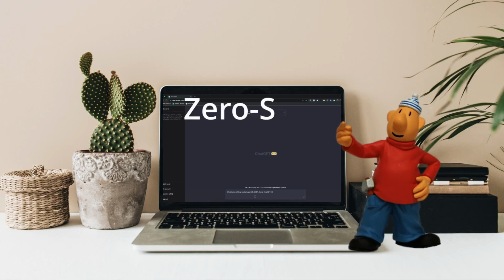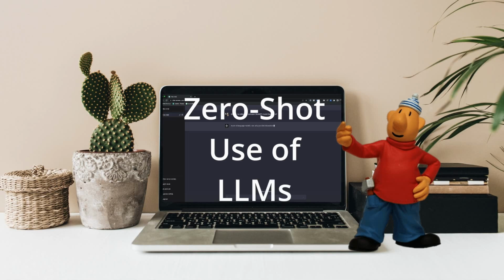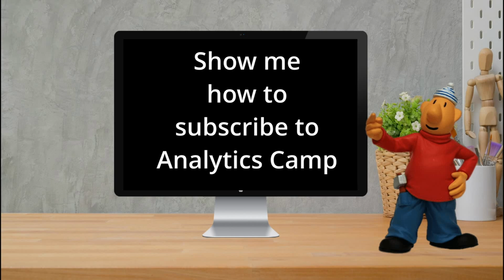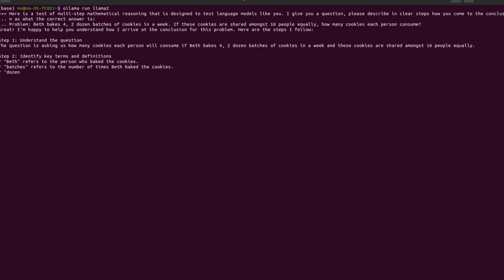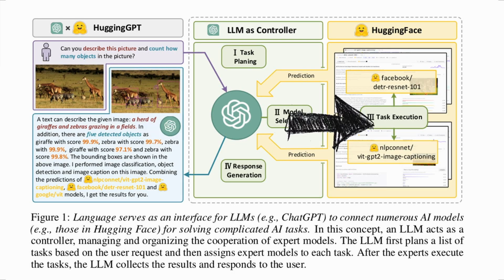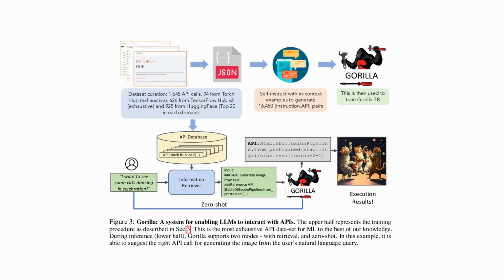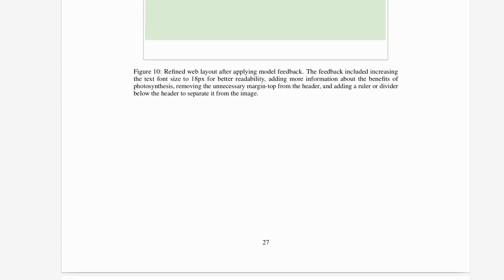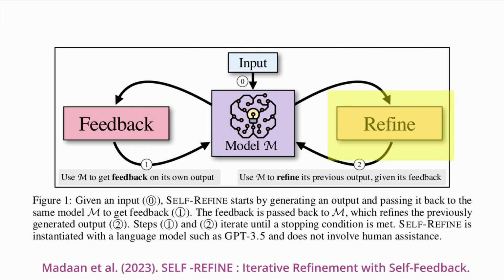Most probably you've been interacting with AI as a zero-shot use of large language models and chatbots. For example, asking an LLM or chatbot to generate a text, story, code, or image for you, and sometimes getting disappointing results. But there's a much better way of interacting with an LLM or any AI tool, and that's to make an agentic workflow. To give an initial simplified understanding of it, an agentic system asks the same model to refine its outputs in an iterative process using a series of feedback to get to the final answer or results